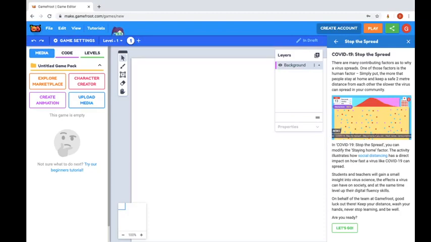Once the tutorial has loaded, you will be brought to this screen here. On the right of the screen is the tutorial which you will be following today in order to complete this activity pack. By clicking on the Let's Go button,